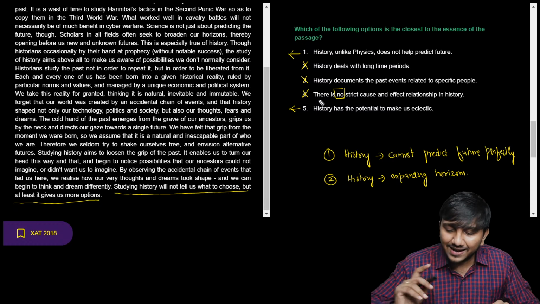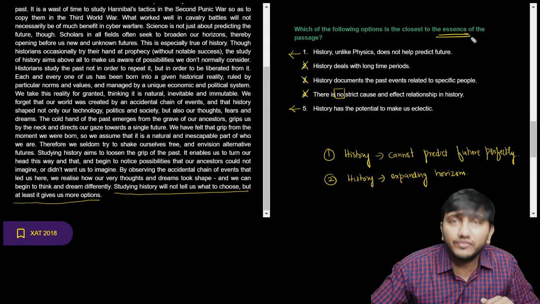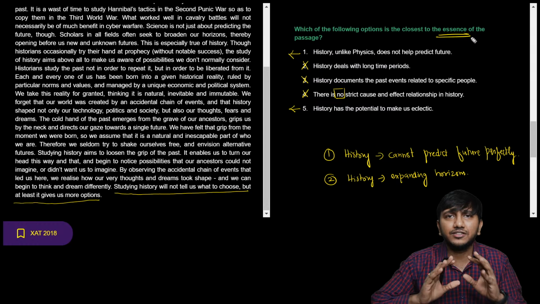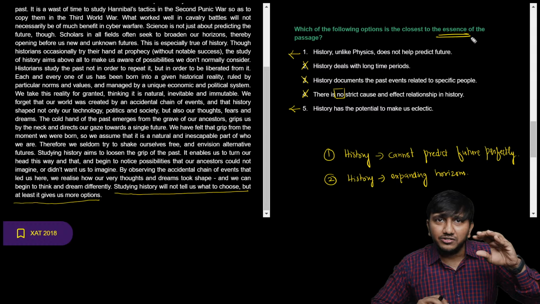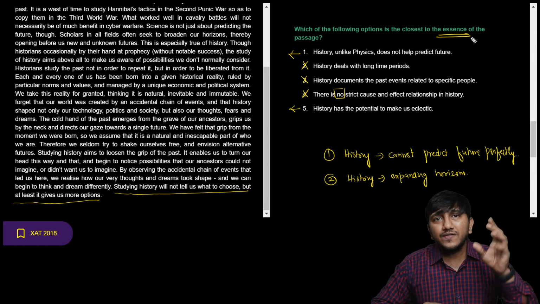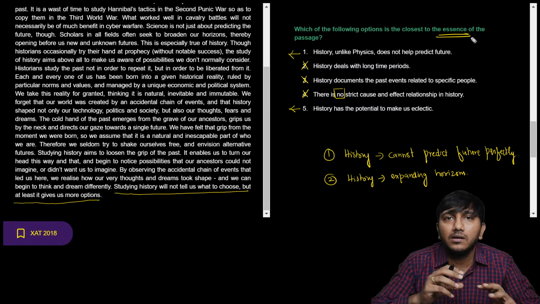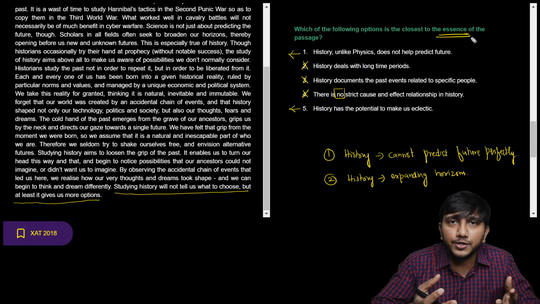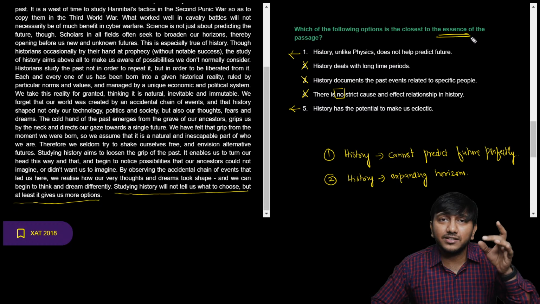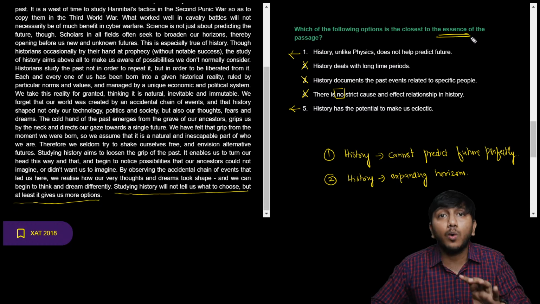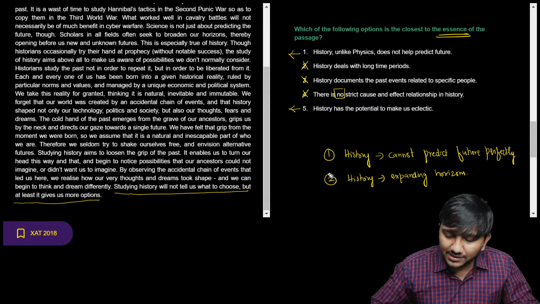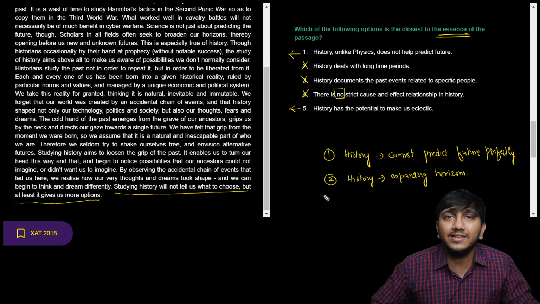But if you look at it, they're asking for the essence of the passage. So the passage's structure is more like this. History is not about this, it is about that. So if someone stops at history is not about this and then leaves it there, it becomes an incomplete passage, right? So the main purpose of the passage is to tell history is about what? So the main point here is the second half of the passage. Okay, that is the main essence.